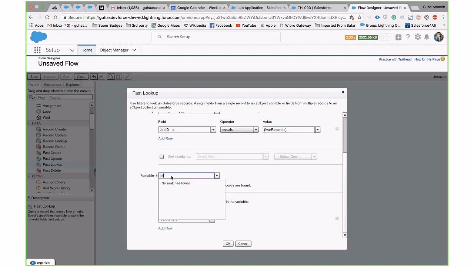Let's say list. Okay, we need to create a new variable because this should always be a list variable. You can create two types of variable. If you are doing looping, then you will always use an object variable. And as I told you, if you're just creating a list, you always go with an SObject collection variable. I'm going to choose a collection variable,